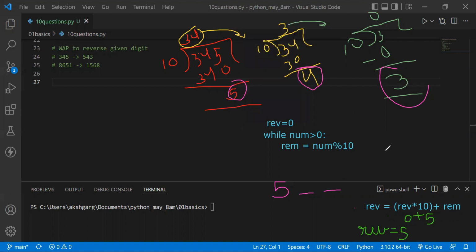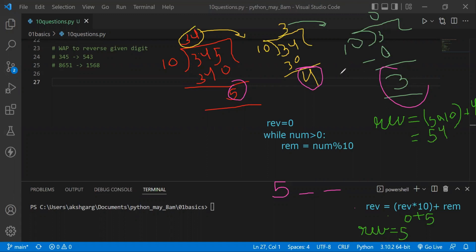So if we try that, again in this expression, we put in the values. Let me write it down here: reverse equals, now reverse value is 5, so 5 multiplied by 10 plus remainder. Remainder is 4. So the answer became 54,